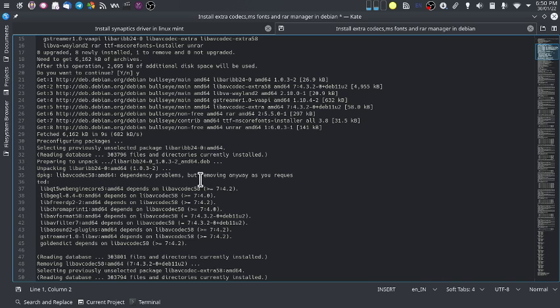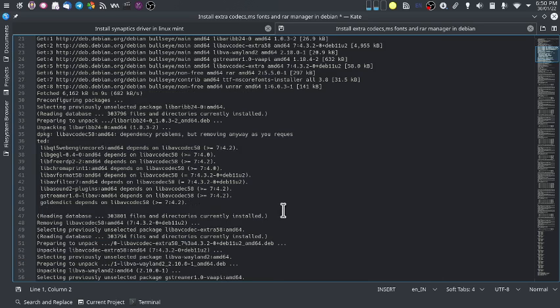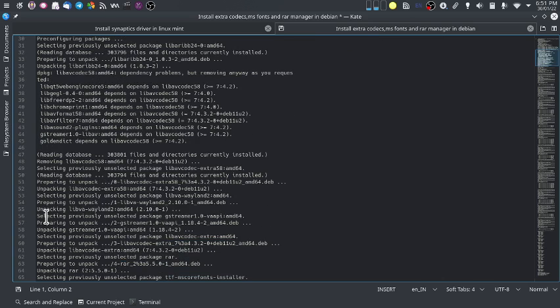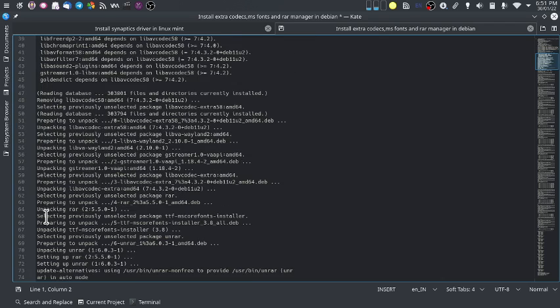Now some dependency problems have cropped up, but it will resolve them as per our request that we need to install these packages, and it will resolve the package dependencies.